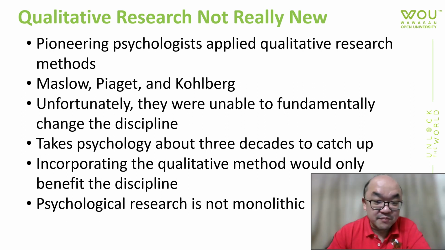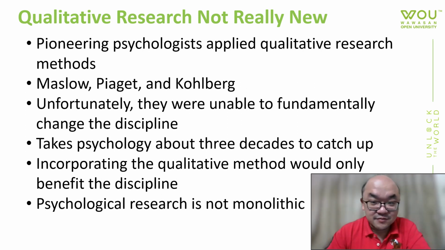Particularly Maslow and Piaget did not run any experiment at all on their participants, including Kohlberg as well. Kohlberg used somewhat of an interview, while Piaget and Maslow most likely used observation only, where they look at how people behave, like Piaget with how his own children behave. That's how he came up with the whole theory itself. There's no quantification whatsoever.